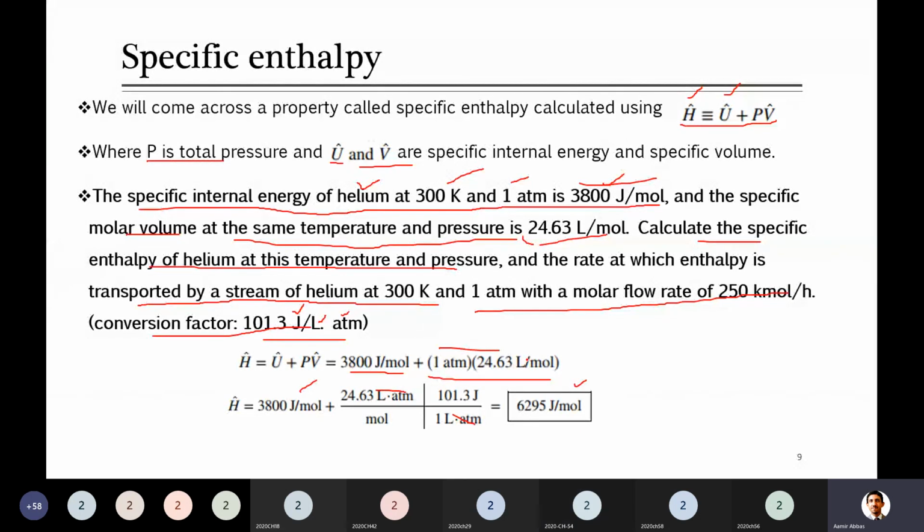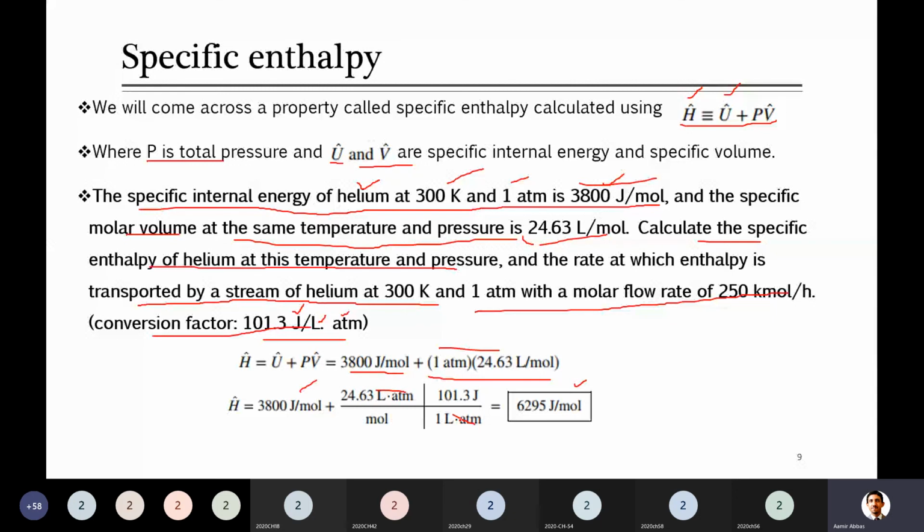So in order to make the units consistent, that is joule per mole, what you have to do is just convert. Yes, exactly, you have to convert this ATM into liter, and this should be converted to joule. So I have provided here that liter into ATM is converted to joule, and this is the conversion factor. That 101.3, maybe most of you will be thinking from where did it appear.